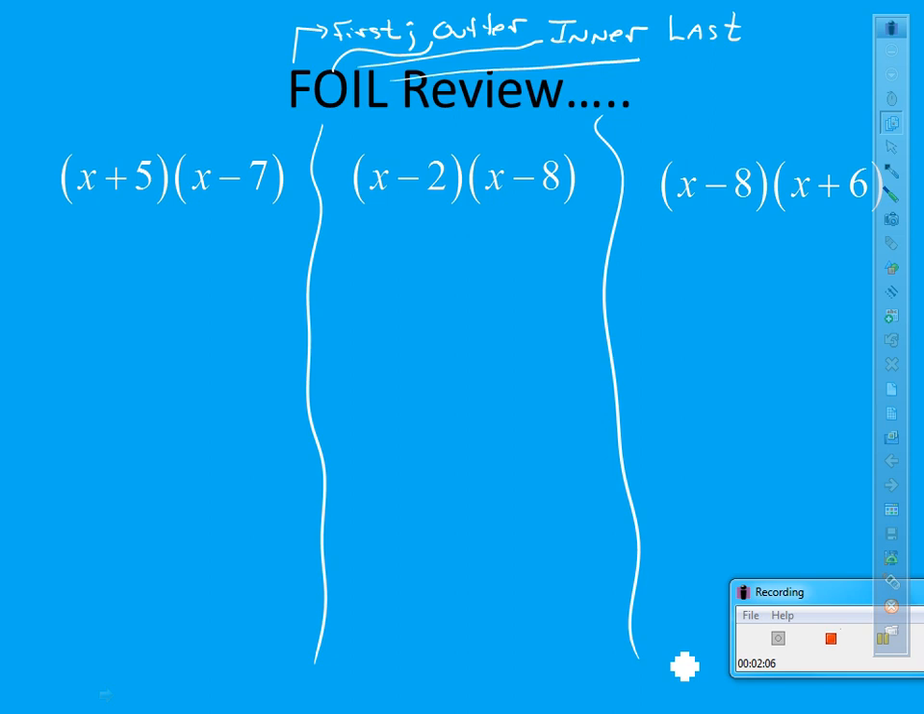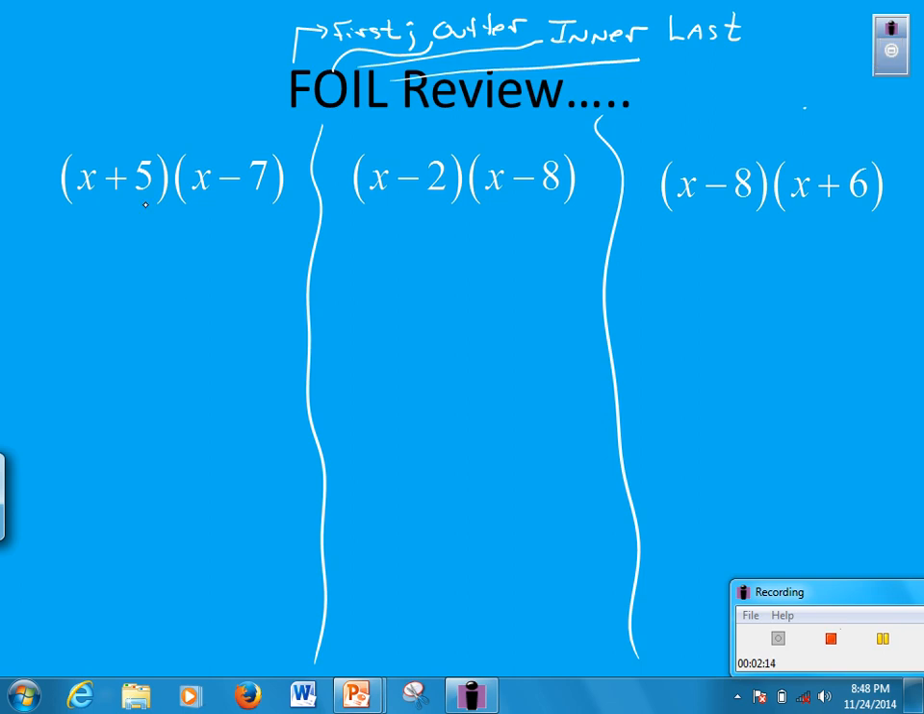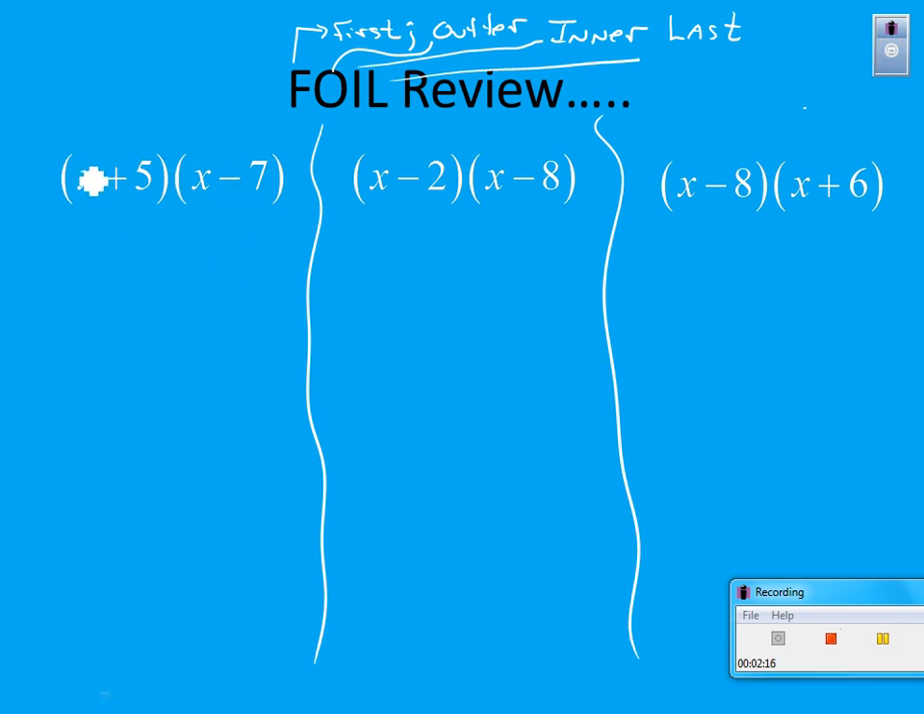But I would like to FOIL these out. I'd like to take these binomials and multiply them together. So here's what I'm going to have. X plus 5 times x minus 7. I'm going to multiply the first term to the first term. X times x is x squared. Now I'm going to get the O, the two outside terms. X times negative 7 is negative 7x. Then I'm going to get the two inside terms, plus 5x. And then I'm going to get the last term. Positive 5 times negative 7 is negative 35. And then we're just going to combine any like terms that you have. So this becomes x squared minus 2x